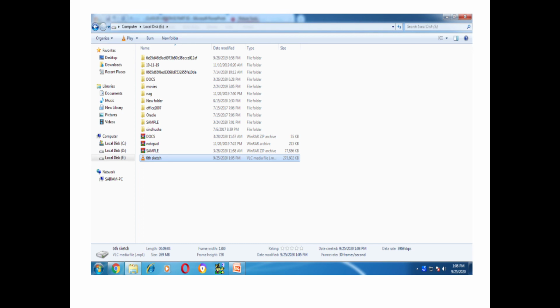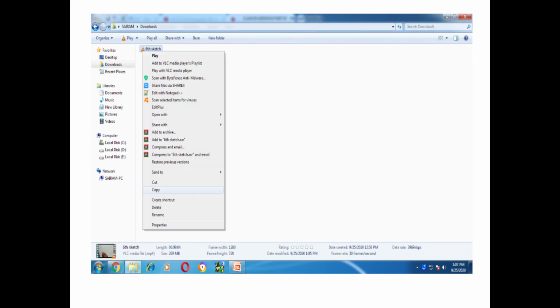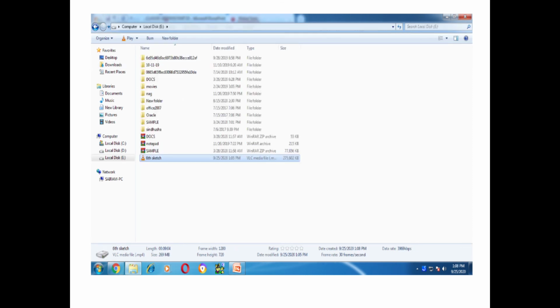So once I select the organize option, I will get several options including paste. See here, since we have not yet copied the file, I did not get an option to paste. Once I have copied the file, I will get an option called paste. So I go to the organize option and select the paste option. The file will be pasted here. See the difference, children.